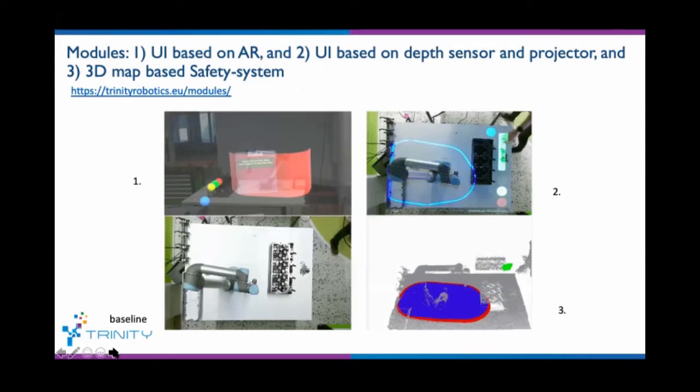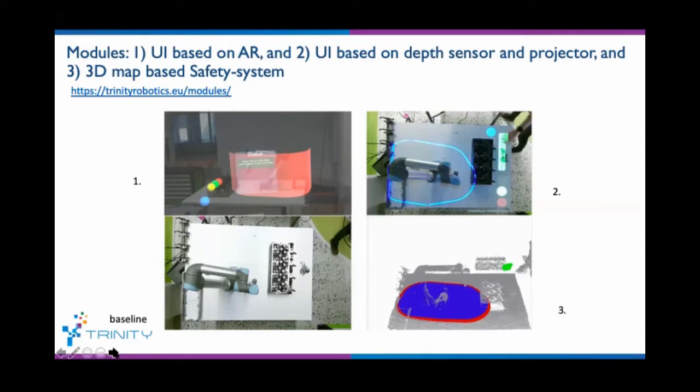The video will be shared and the modules will be shared. This is an example of a Tampere University use case where we developed depth-based analytics for the safety system.